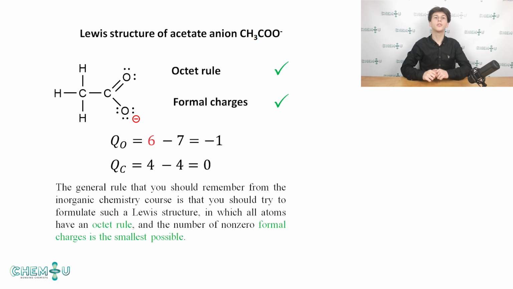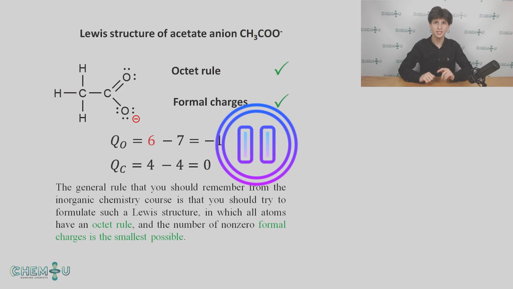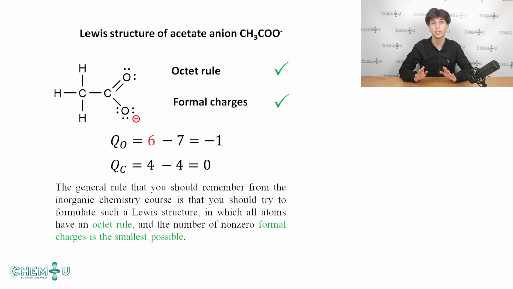Well, here's the Lewis structure of the acetate anion. You can clearly see that oxygen is surrounded by 3 electron pairs and forms 1 carbon-oxygen bond. It still has an octet, but the formal charge in this case equals -1. Once again, don't hesitate to pause the video and inspect the calculation carefully.